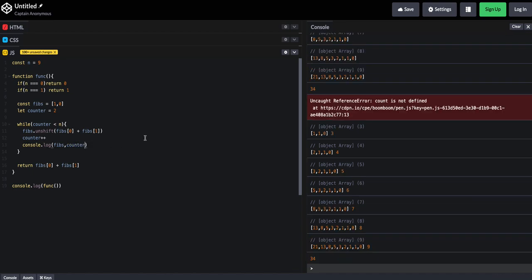Right. So we started with 1 and 0, and then we pushed 0 plus 1, so the 2 previous numbers, 1 and 0, we didn't push, we unshifted it, so we added it to the front of the array, right? And then we increment the counter, right? And so then we get to 3,